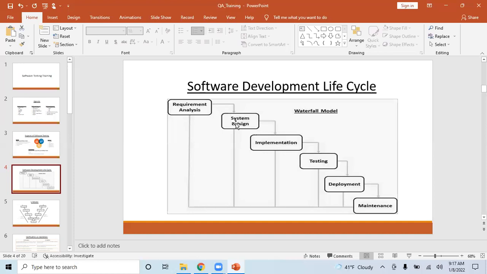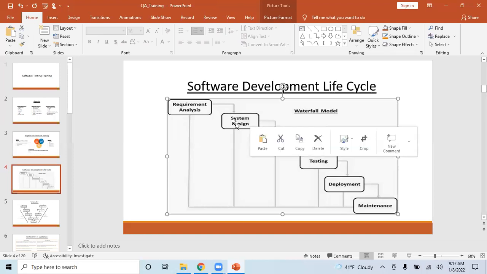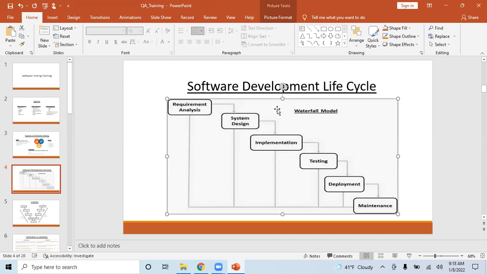The architect understands the requirements and converts the requirements into system design. When I say system design, the artifact out of this system design is an architecture diagram. That is the first and basic thing. As a tester, we should understand these architecture diagrams, right? Why do we have to understand them?